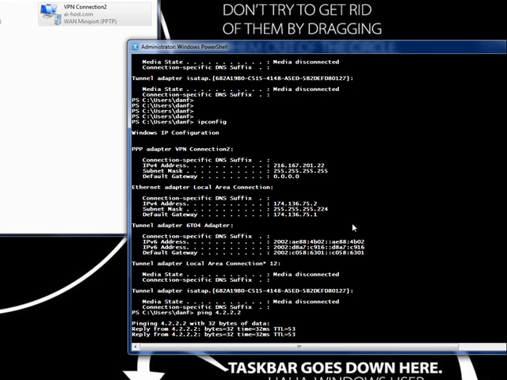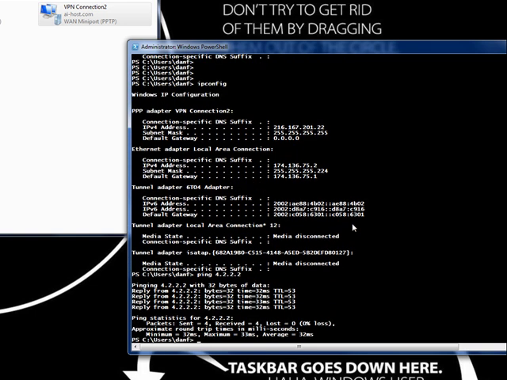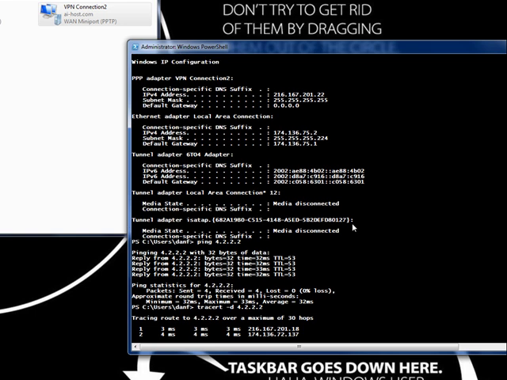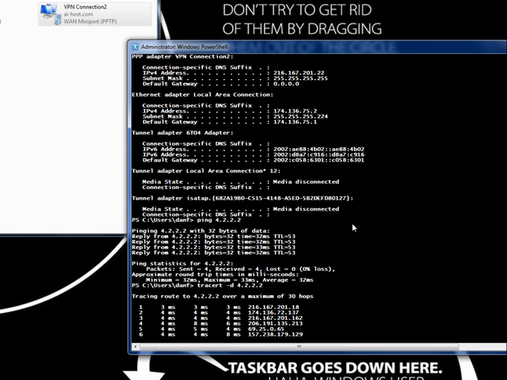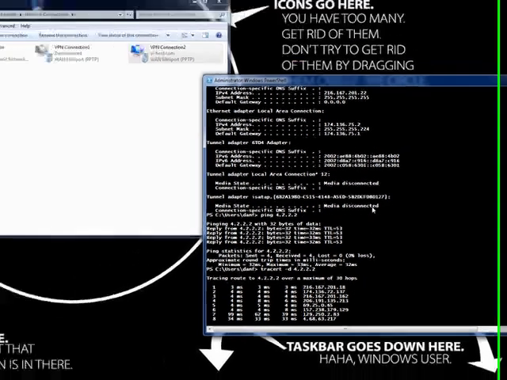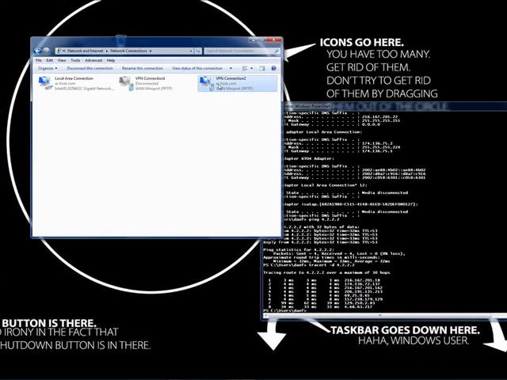If I ping out, I can do a ping 4222. Let's go ahead and see where that trace actually goes. And sure enough, it goes out through the VPN connection. If it wasn't, let's go ahead and stop this real quick. If I were to disconnect,